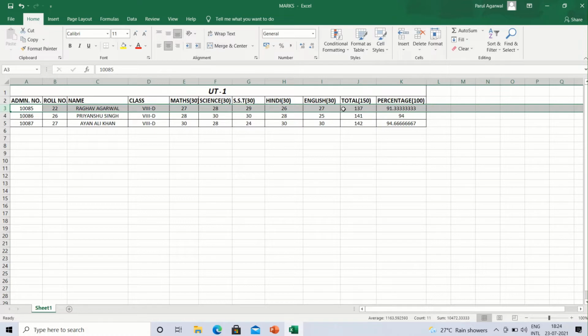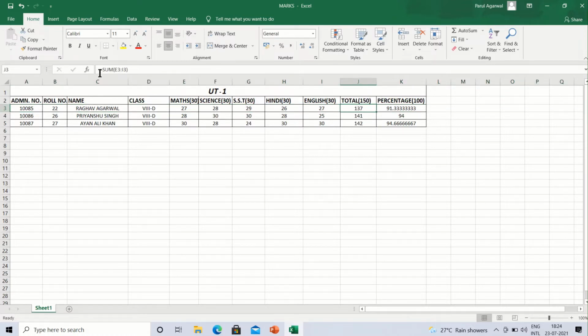That's why, when we give the formula for total, we write equals SUM E3, starting from E3, E column and third row, to the last cell, that is I3, the I column and third row. As soon as we select the cell, we see in the formula bar equals SUM(E3:I3).